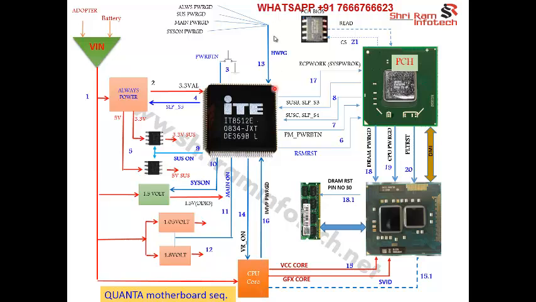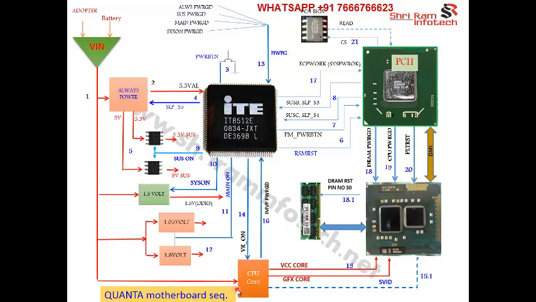Okay. So if the HWPG is 3 volt, then only core voltage will be generated. Once the HWPG generates 3 volt, this SIO sends out a final, important signal called VR on. It sends a VR on signal of 3 volt to the CPU core section, called the VRM section, voltage regulator module, where they generate a huge current to the processor and